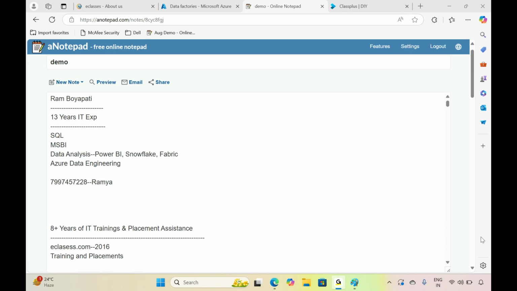Because if you are learning Azure Databricks, you can simultaneously work on other cloud environments as well, like AWS or GCP or any cloud platform. The Databricks concept is the same. There is no difference over here. So if you are learning any one cloud, 60 to 70 percent of the other clouds you will also be familiar with.